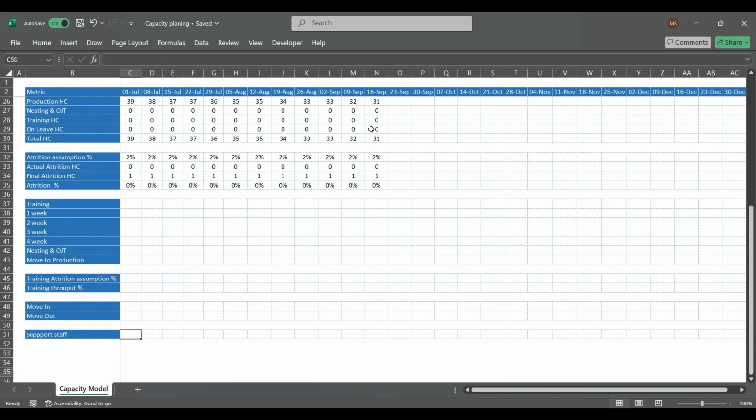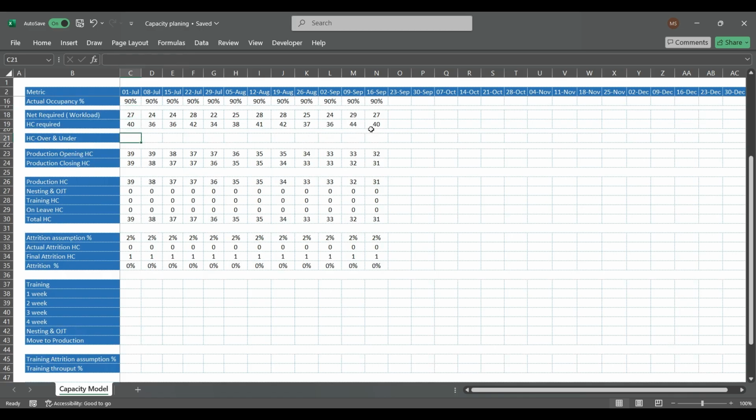If I move on to the training part. Okay, so now here it is showing the training part. Okay, so now we need to add this one here. We need to calculate our over under. This is the most important thing once you are preparing the capacity part. Okay, so now you can see here it is showing,